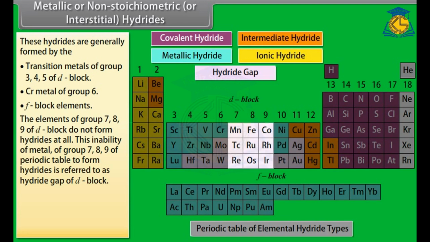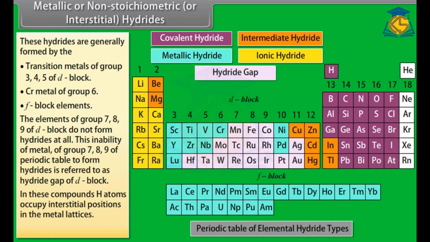This inability of metals of group 7, 8, 9 of the periodic table to form hydrides is referred to as the hydride gap of the d-block. In these compounds, H atoms occupy interstitial positions in the metal lattices. For example, ScH2,